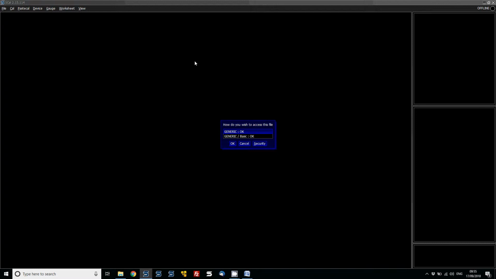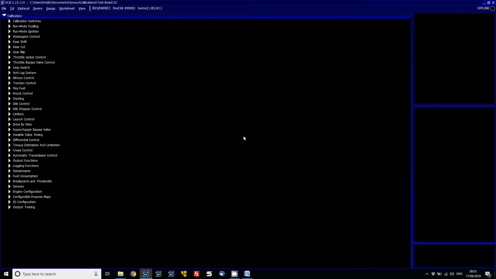Now basically the user ID is what is actually presented on the left. So we've got a generic user ID, okay, which is the normal version, and then we have a generic basic ID. Now these will be explained in a future video which will be labelled so it's very easy to see what they are, but basically the way to think about it is that with a basic you can have only certain calibrations viewable, and the normal generic OK is the full access to the ECU. So we're going to go to just generic OK at the moment to go over some of the areas of